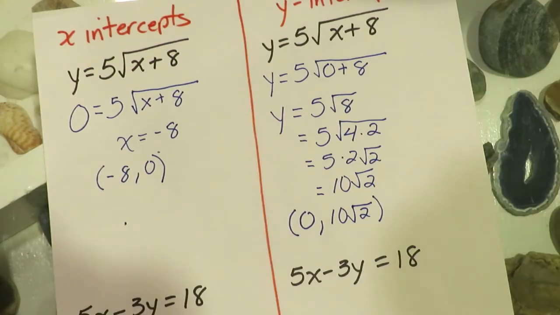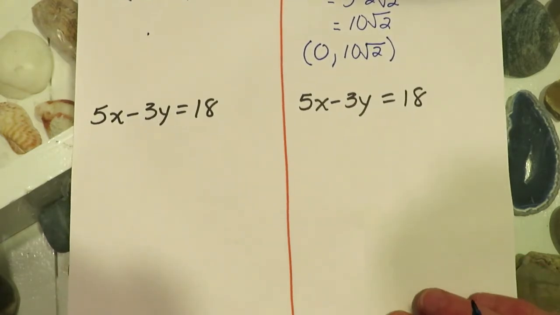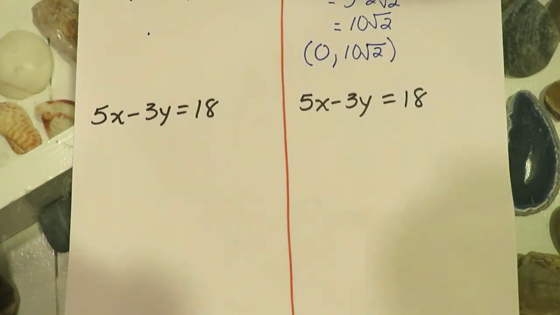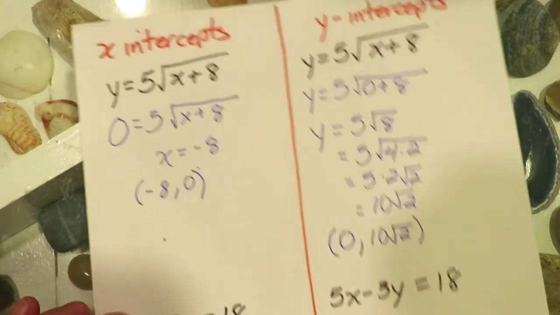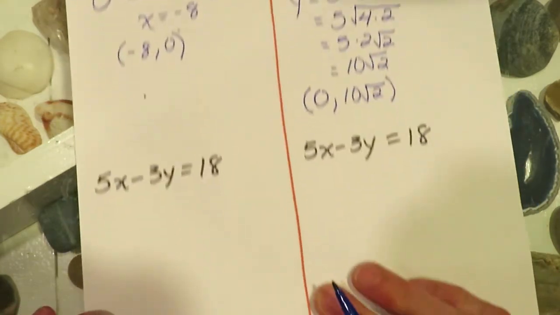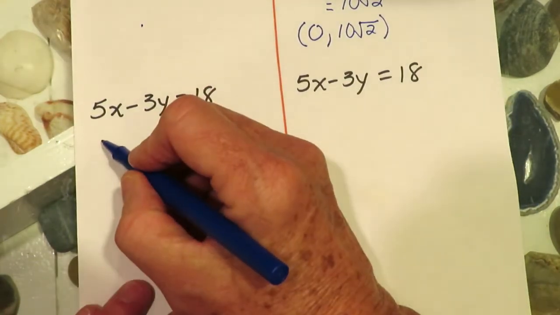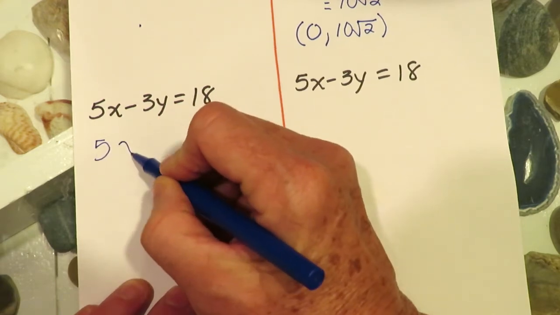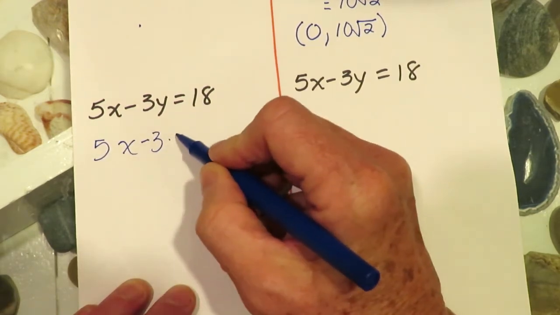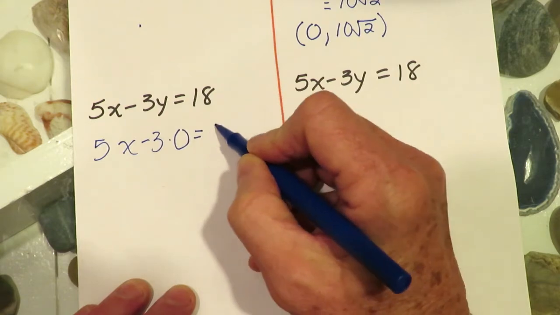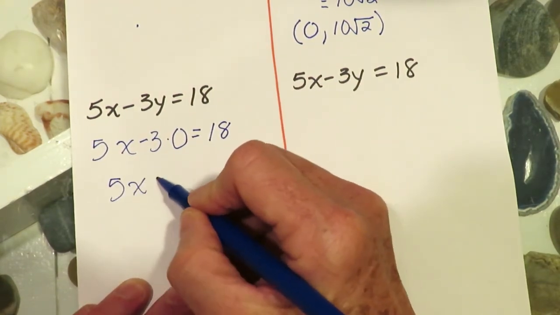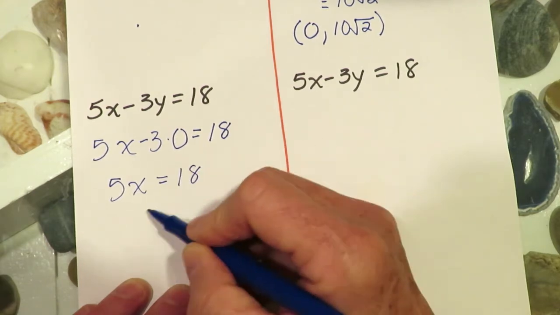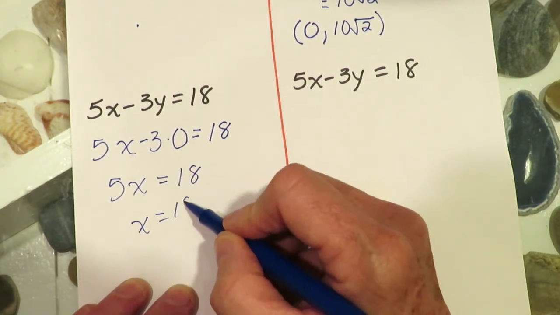And looking at one more example, here we don't have the equation solved for x or y, but the concept doesn't change. If I'm looking for x-intercepts, I'm intercepting the x-axis, and y has to be 0. So I put 0 in for y, and I solve for x. So I get 5x would equal 18, x would equal 18/5,